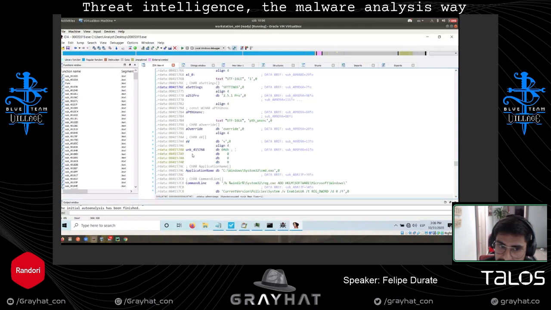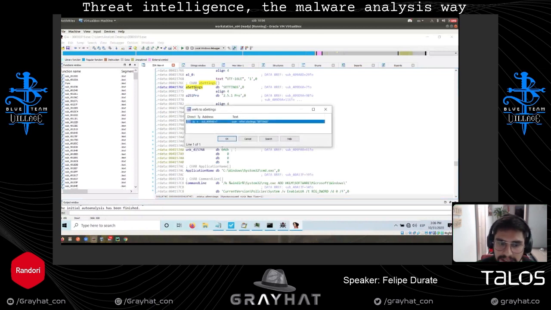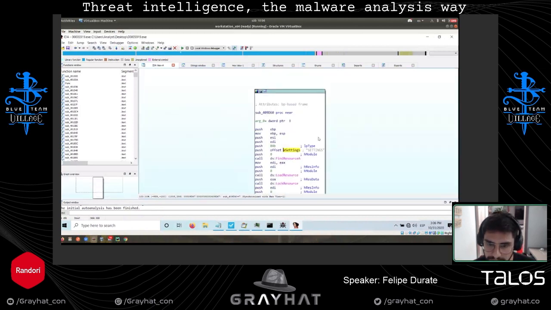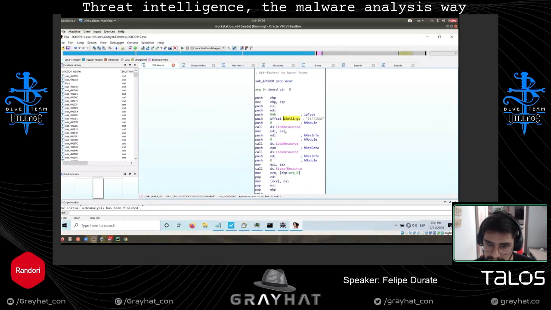I double click settings, go to the actual string and press X to see the cross reference, and press OK. If you see here, in the code settings is related to some APIs, which are FindResource, LoadResource, SizeofResource.